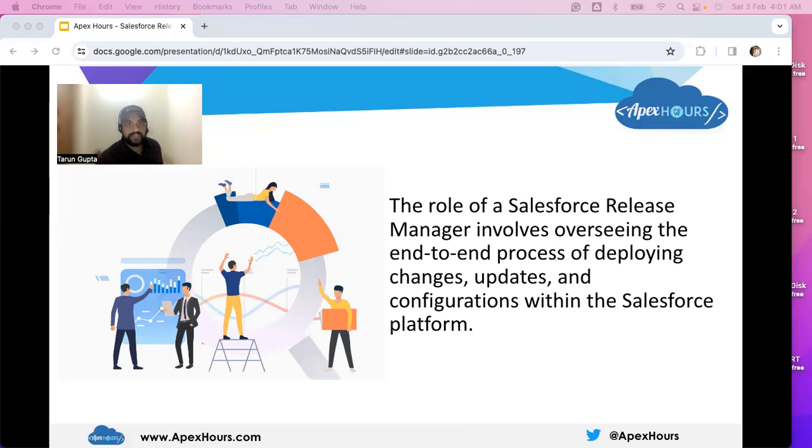Firstly, schedule and manage the release. Second, work closely with the team. Third, manage risk and routine. And fourth, assist in project management. That part means schedule and